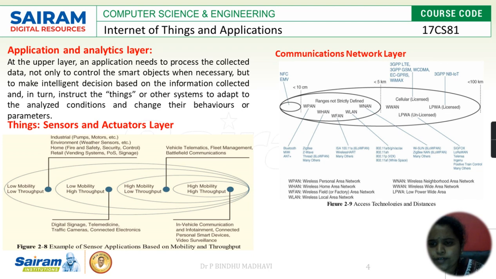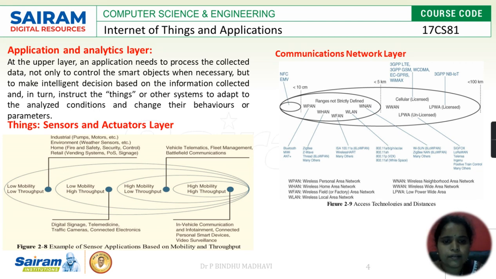you can say industrial sensors, where we can use them in pumps, motors, weather monitoring sensors, fire and safety, security control. Here all the applications are given. Based on the applications, the sensors should easily adapt to that environment and act, and we should get high throughput, right? And there are certain conditions where we may receive low throughput also, means the number of tasks completed may be less during that particular environment based on the prevailing situations. So things were mostly important.